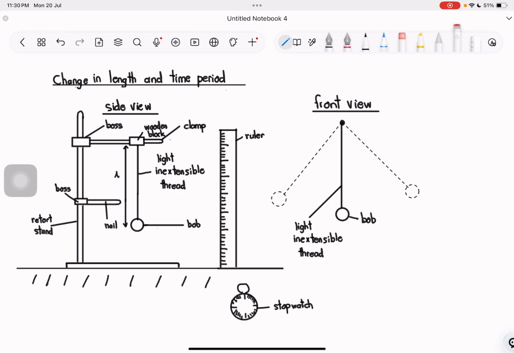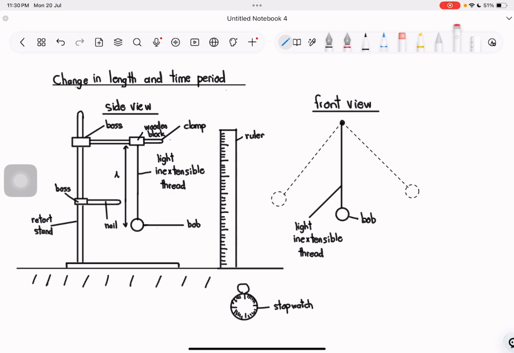Here is another experiment on simple harmonic motion, for a simple pendulum and a mass spring system. With the pendulum, what we want to do is change the length of the string, and then measure the time period of its oscillation. As you can see, we are using a wooden block to hang the thread over, and the end of the thread is attached to a board. I'm using different lengths L to measure the time taken